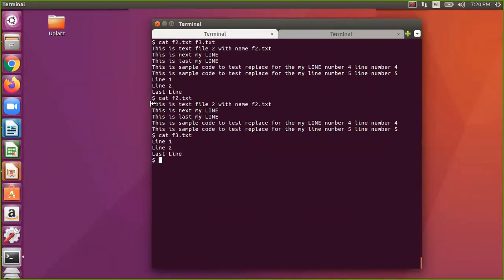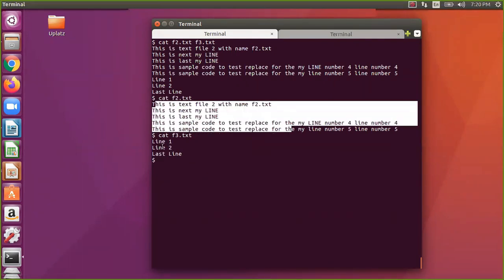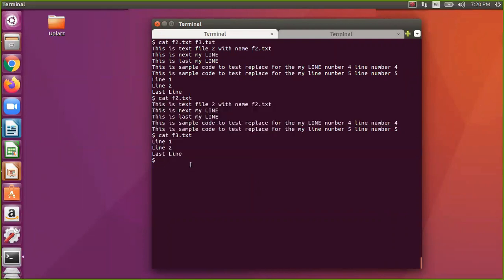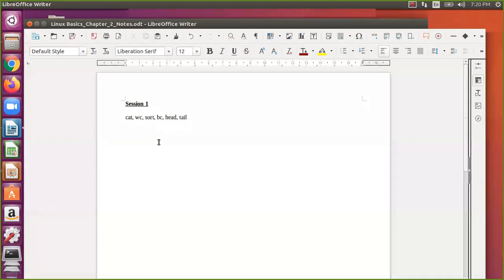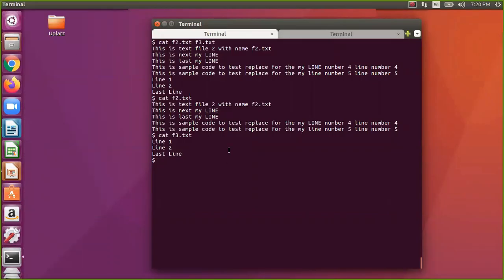These two contents are concatenated, and then displayed onto the screen. That is nothing but standard IO. We will see standard IO, redirection and pipes next. That's why it is named concatenation.